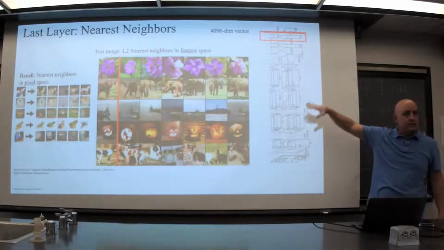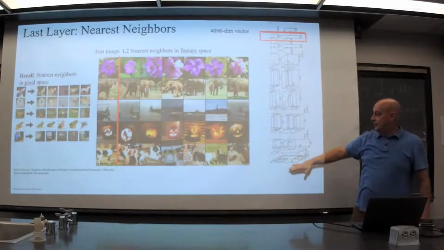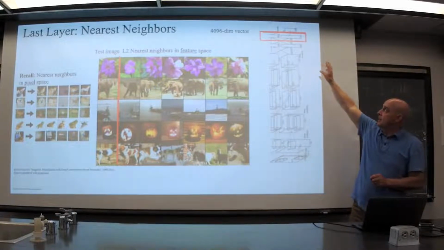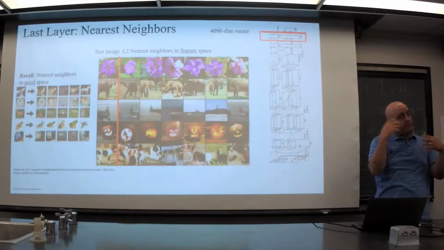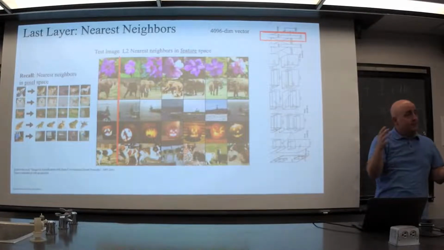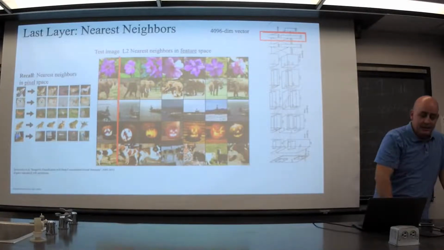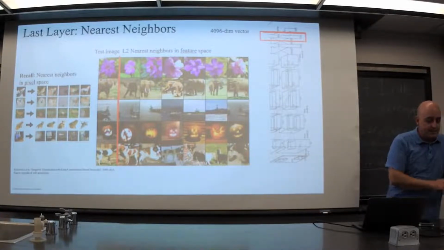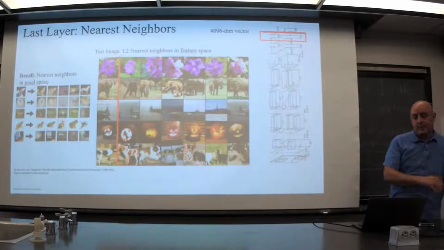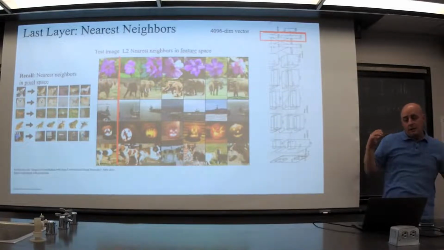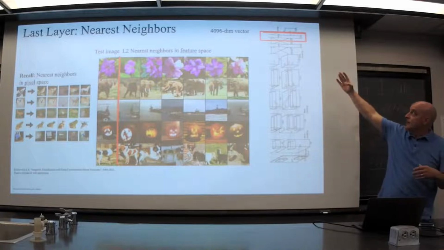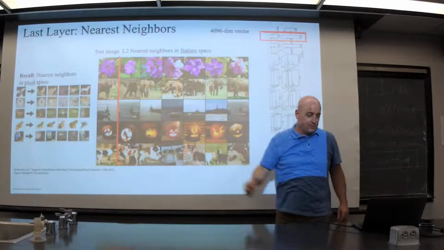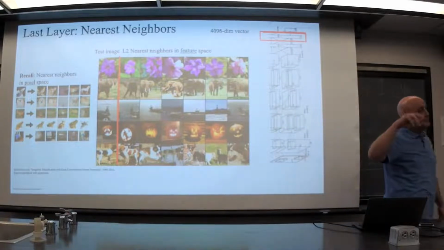This notion of embedding, compressing or embedding your input into some smaller number of features. I mean, 4096 is huge in general. That's a huge vector space. We don't typically deal in those kinds of sizes, but it's much smaller than say the size of the image in terms of number of features. But you're compressing this down into features that have this kind of information for being able to do the classification problem. Now, if you change the task,